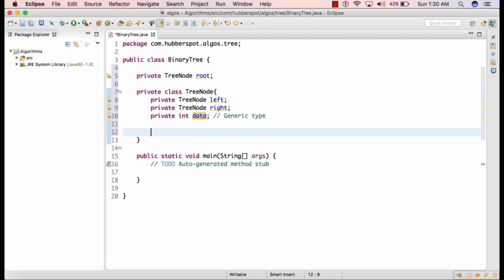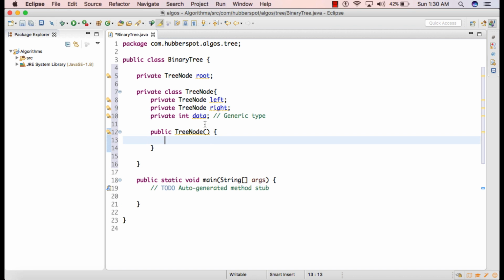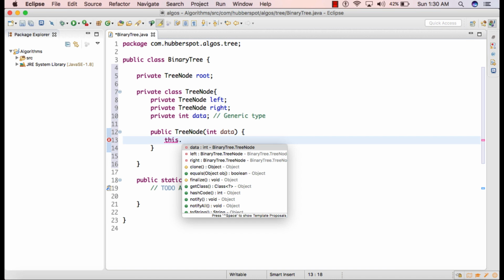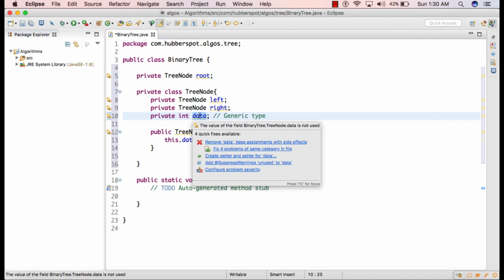Moving ahead, now below we'll also provide one constructor. And this constructor will take in the data part which we want to store. So when we initialize a tree node, we store the data into the data variable.